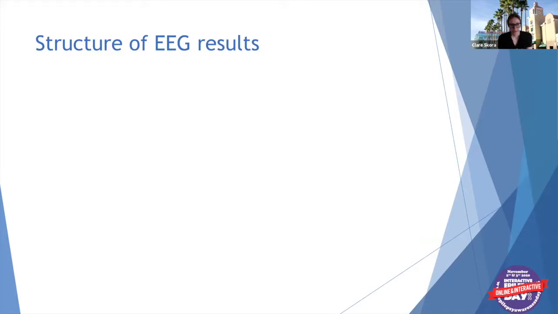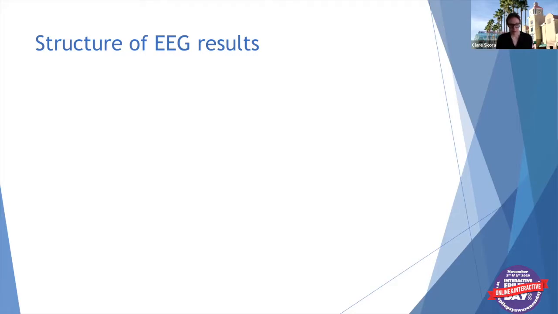So when I am reporting EEGs, and when most of us are reporting when we learn to read them, there's sort of a structure that we follow when we write these, and I'm going to go through some of that. So if you ever are confronted with the actual paper report, you'll understand a little bit about the terminology and what it means. And so usually at the beginning of the EEG report, there will be a summary about